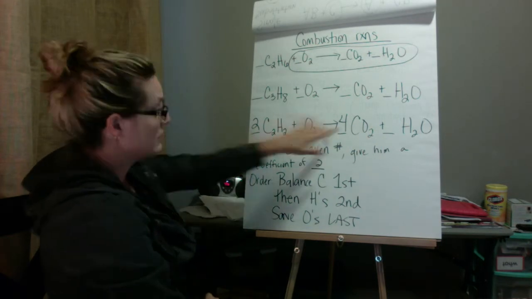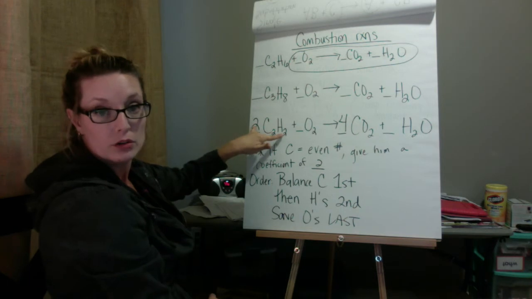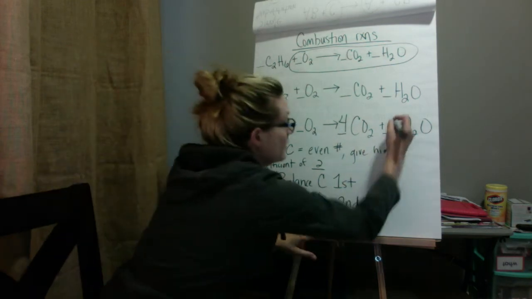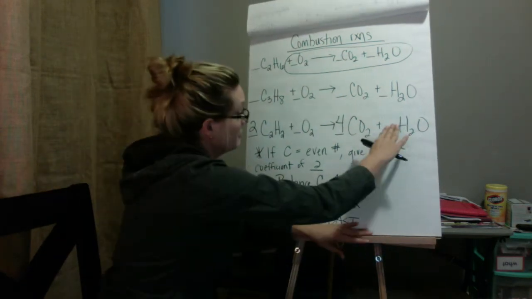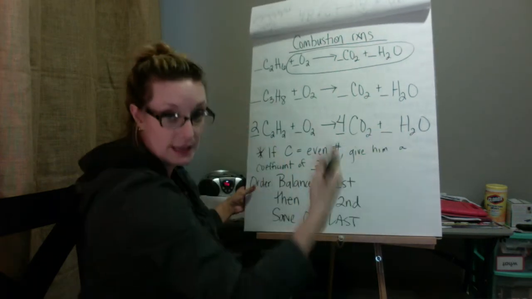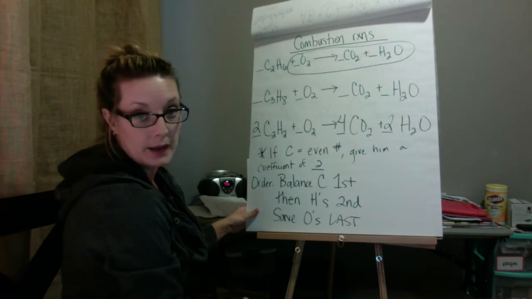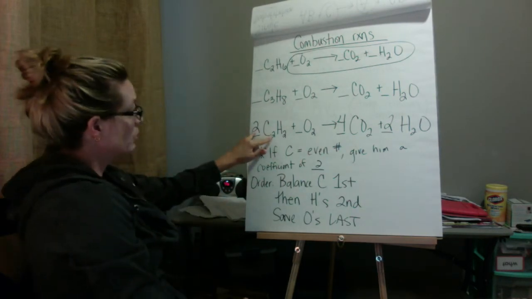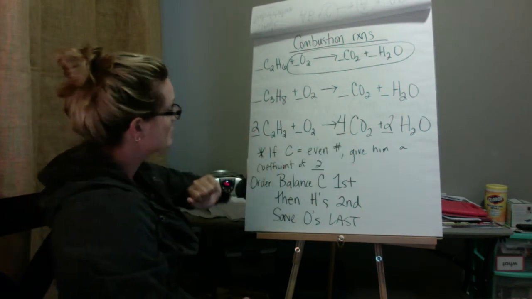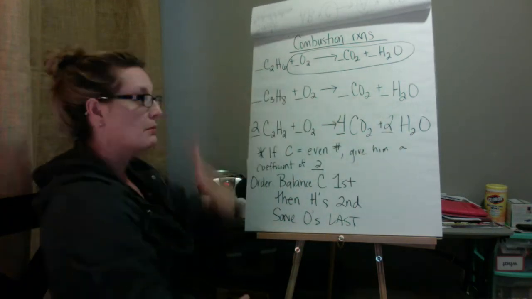So now let's look, we did our carbons, let's look at hydrogen. 2 times 2, I need 4 hydrogens. So in order to get 4, that doesn't mean I put 4 right here, it means I do the math. What times 2 will give me 4 hydrogens? And that would be 2, right? So now I have 4 carbons, 4 carbons, 4 hydrogens, 4 hydrogens, and now I'm going to look at my